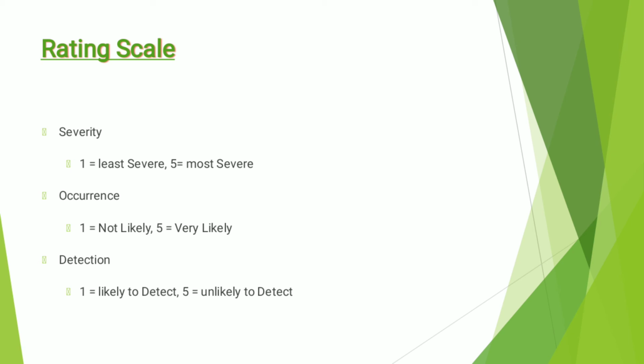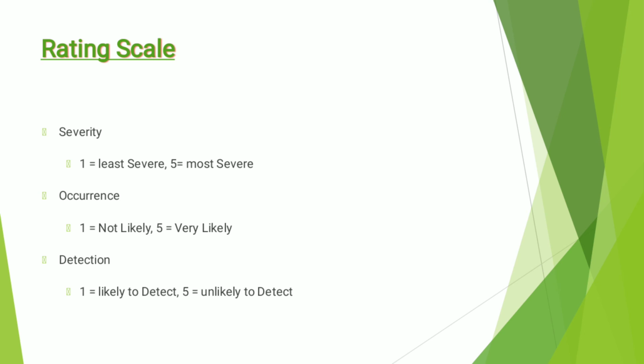Now move on to determine the potential cause of the failure, which you can determine by asking the question again: why would this failure happen, or what can cause it to happen? After listing all the possible causes of each failure, now identify the frequency or probability of its occurrence by asking the question again: how frequently can this failure happen? And accordingly assign a score between 1 to 5, with 1 meaning very unlikely to occur and 5 meaning the highest chance of occurrence. Here we get the rating for occurrence.